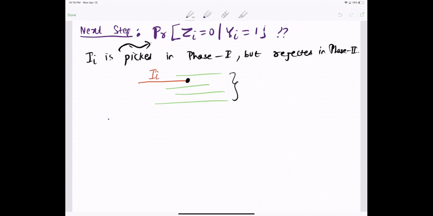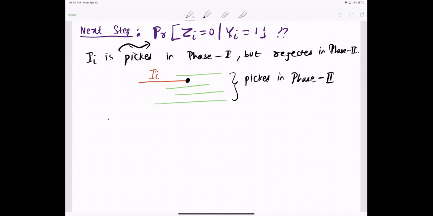So the green ones here are... this is the interval Ii I'm showing you here, and I'm looking at the right end point of this interval Ii, right? Now, when can it happen that this is not picked, right? So these green intervals I'm showing you here are the ones which have been picked in phase 2,